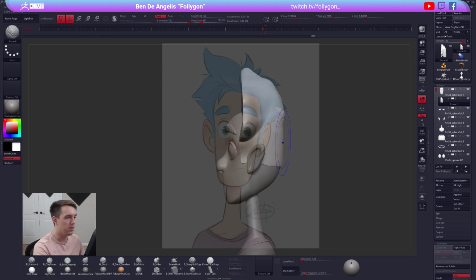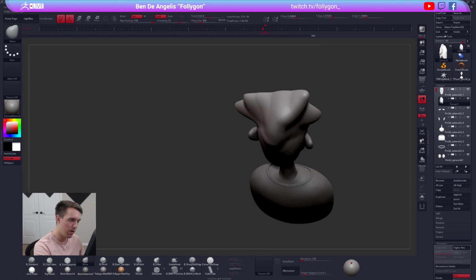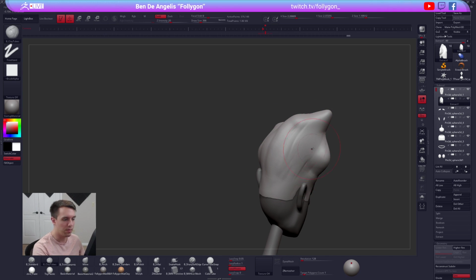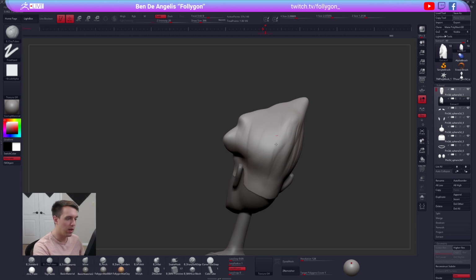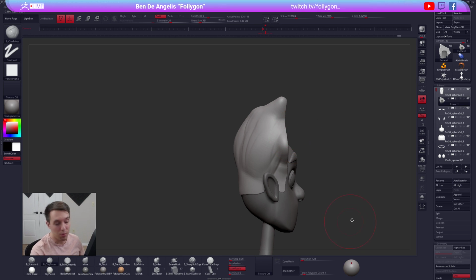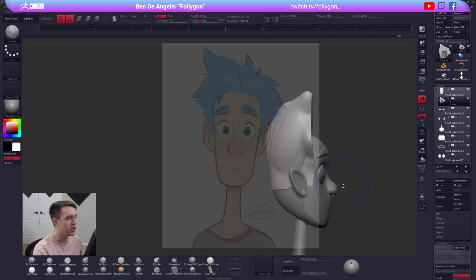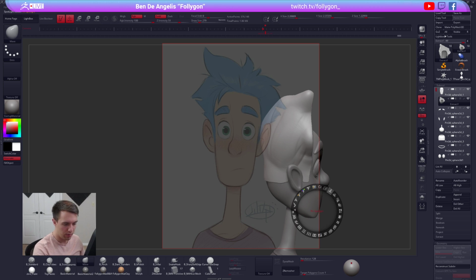His hair is all over the place, and we just want to get something started here. So let me fill in some of this, just using a clay tubes brush. Start getting some more volume in here. And if your polys are getting super stretched like mine are, that means it's probably a good time to start dynameshing. It looks like most of this is swooping back, and it honestly looks like, here, we'll